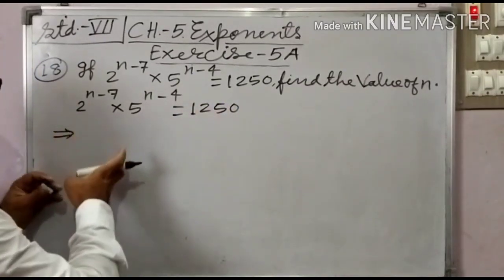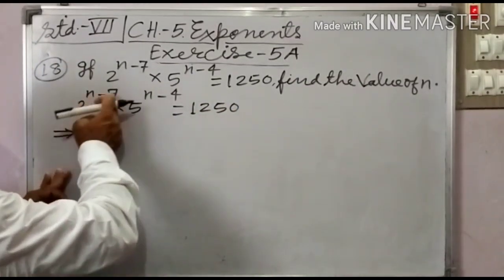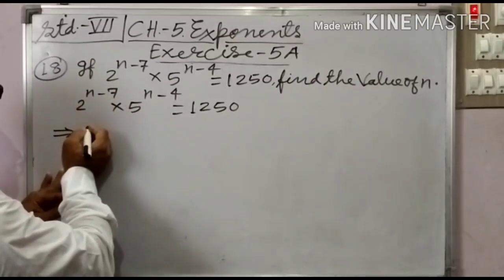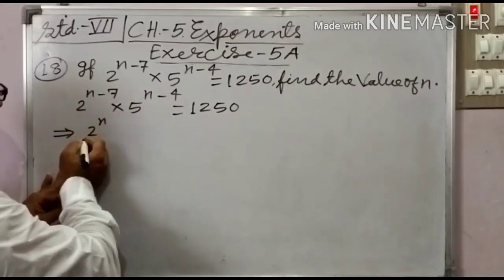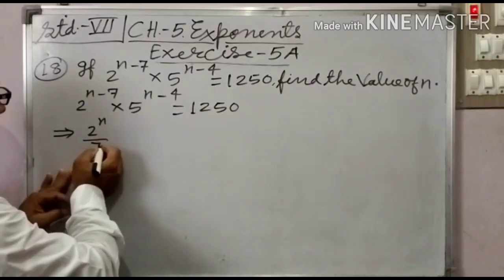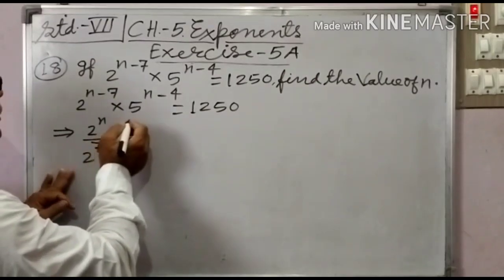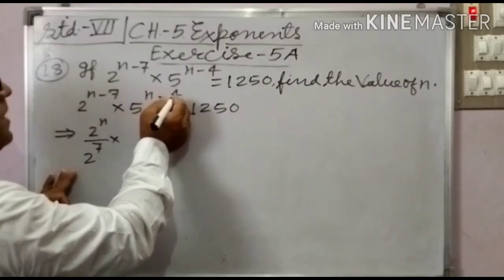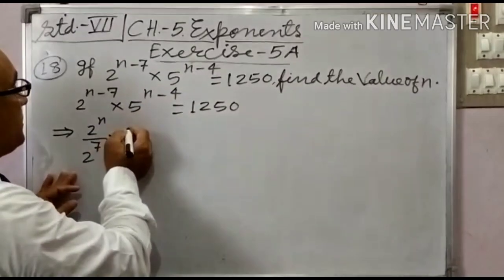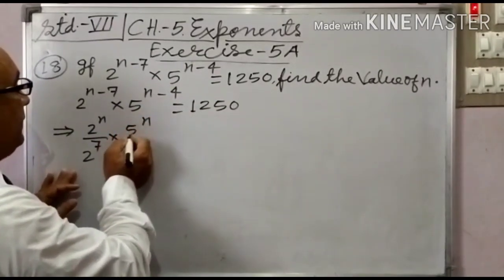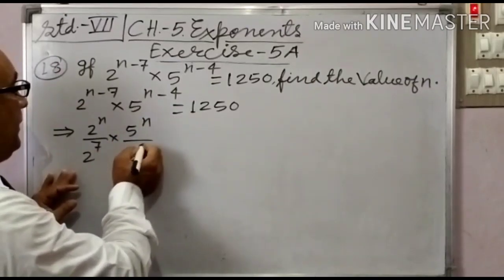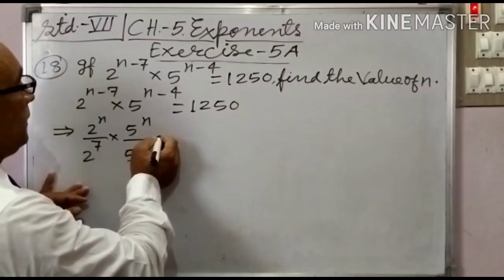That implies 2 to the power n divided by 2 to the power 7 into 5 to the power n by 5 to the power 4 equal to